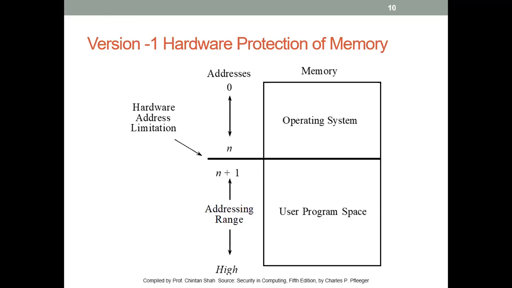Now, whenever we talk about a fence, we want to make sure we secure our resources, and that is the reason we have a boundary or a fence around the resources. So, a fence is defined as a fixed memory address, and we restrict our users between the operating system and the user program space. If you can see from this figure, can you all tell me where the fence is and what the use of the fence is? Try to understand what the figure is trying to explain.